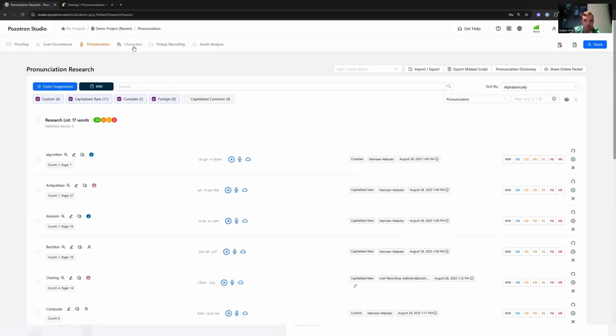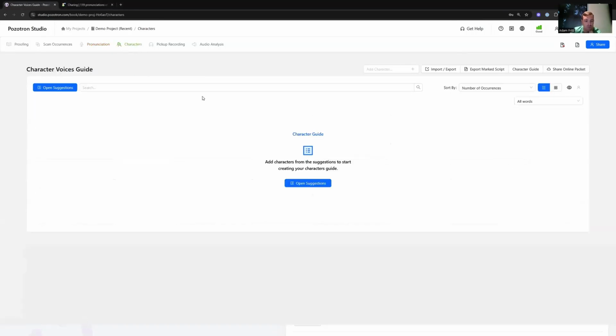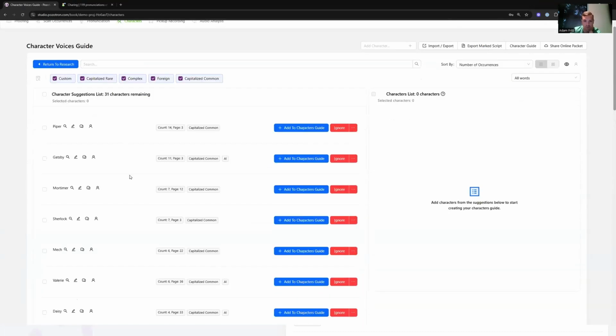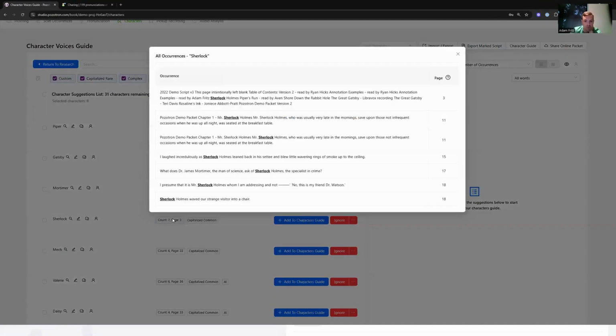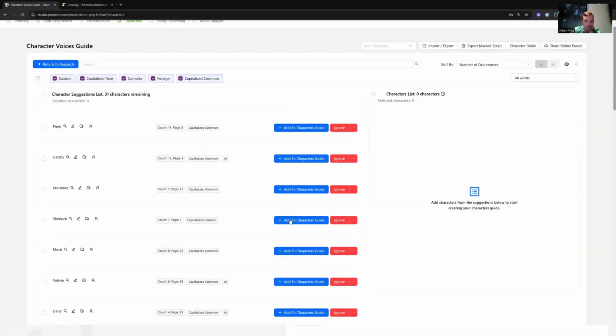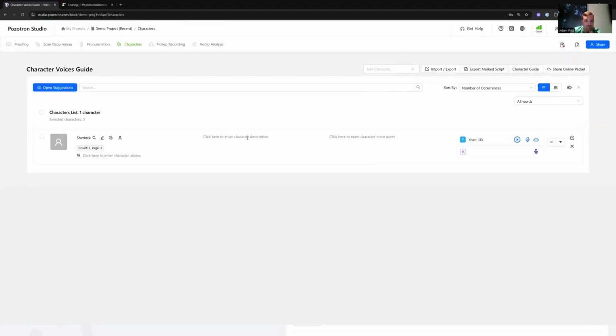Excuse me. All right, keep the questions coming if you have them, but I'm going to continue on with the character guide. So last thing I showed you was this character snapshot where you can see every occurrence of them. Now, when I add a character to my character guide, the purpose of this tool is to give you a repository, essentially, where you can store all of your character information. So for Sherlock here,